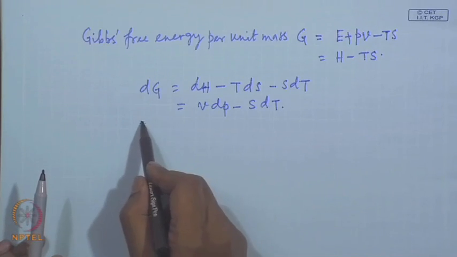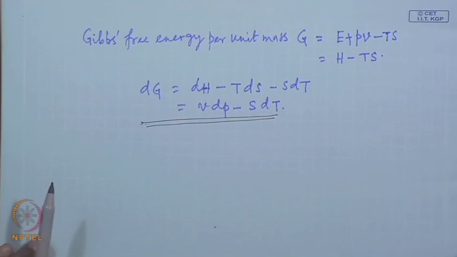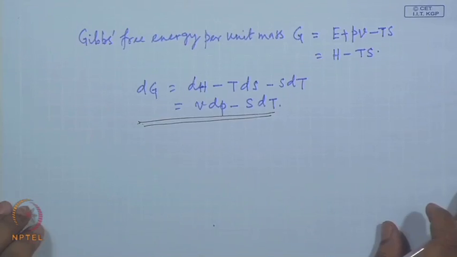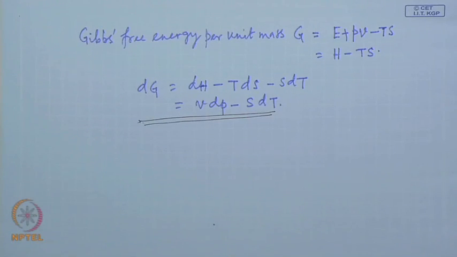And this Gibbs free energy also is associated with the available work output. Now, with this we will try to derive a few more important relationships. First of all, let us consider that